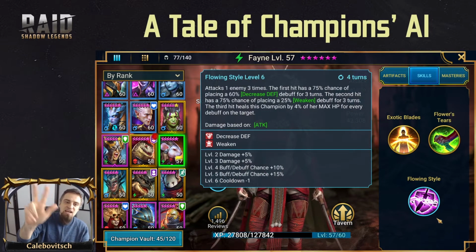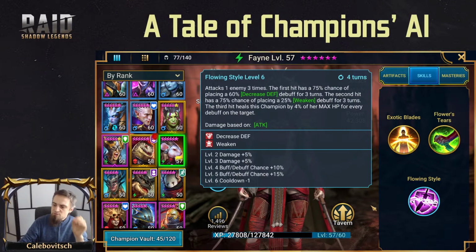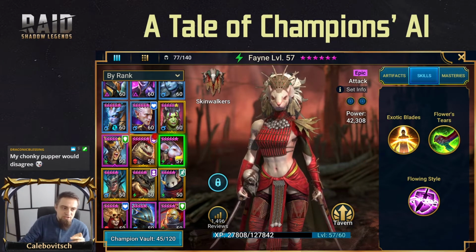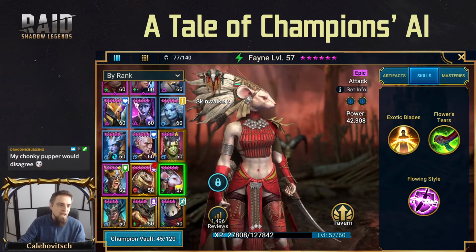Attacks one enemy 3 times. The first has an up to 100% chance of placing a bigger decreased defense debuff. The second, same with a bigger weaken. And the third one, doesn't matter, it heals the rat lady a bit. So this was the second attack, so she had to be fast, she had to be very accurate. Now, for the future attacks, this should have been higher speed than Septimus, Cold Heart, and Ultimate Gallic. So after her came